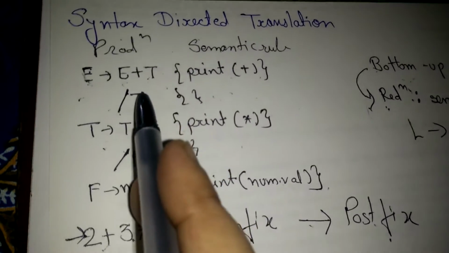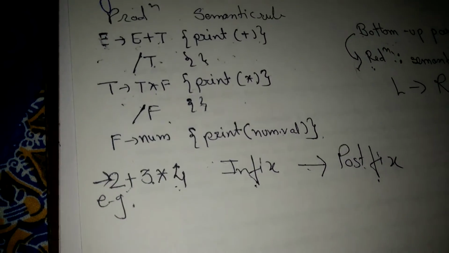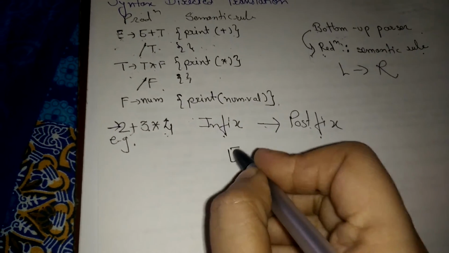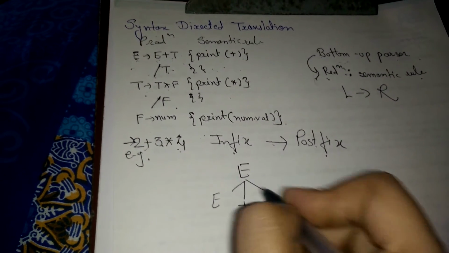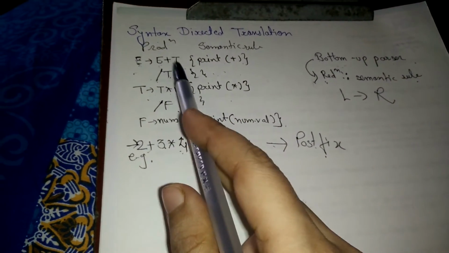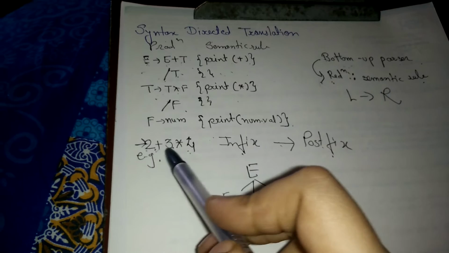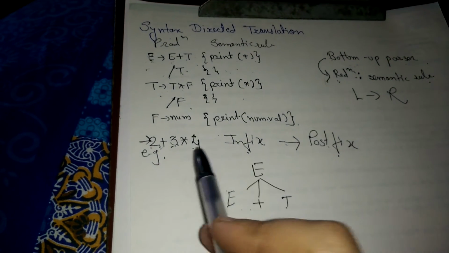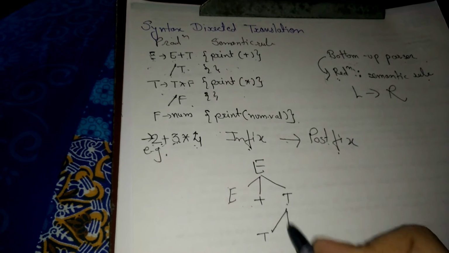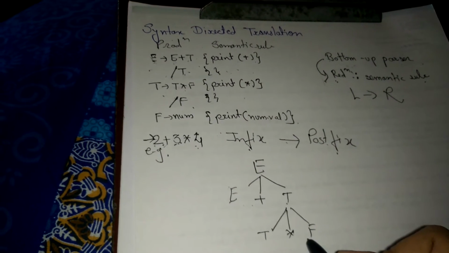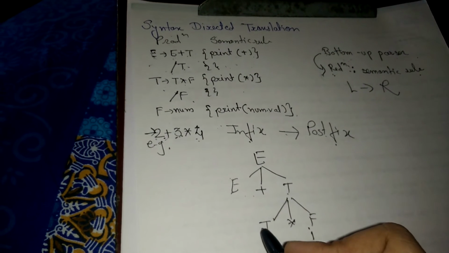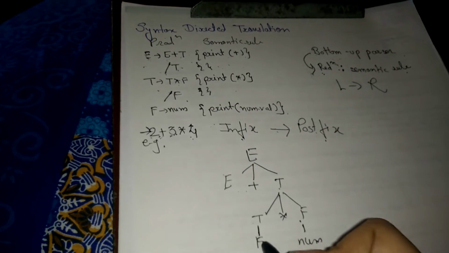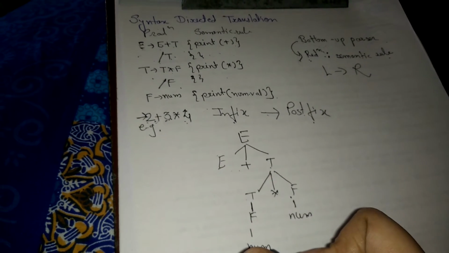So what we will do first is to draw the semantic tree for this expression. Now how to draw the semantic tree for this expression? Every time we will start with the start symbol, that is E. Now we are having two options from the start symbol, either E plus T or T. As we are having plus over here, we can take E plus T. From T we can take T into F. For F we can directly take num. For T we are going to first take F, and then from F we are going to take num.